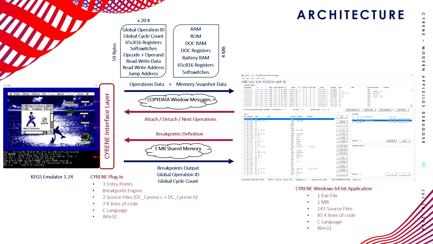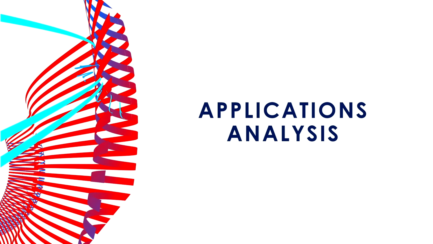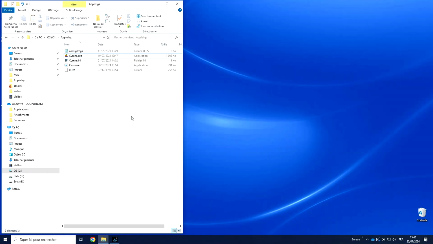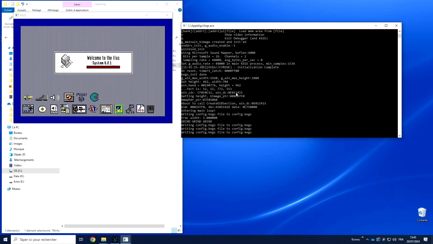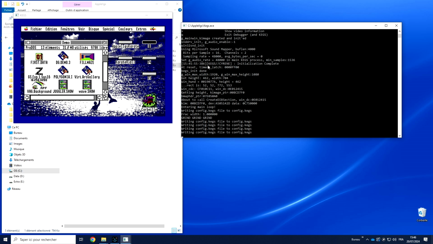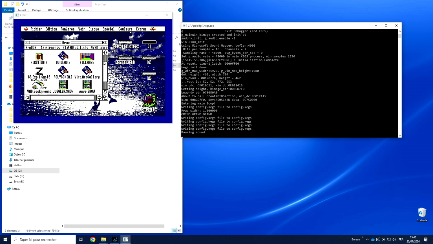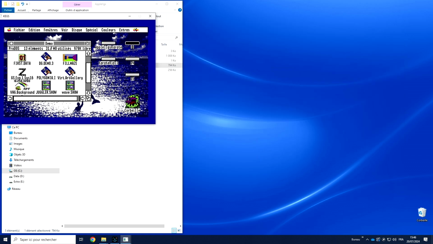So now let's see Siren in action, and the first thing will be to analyze a currently running application on the KEGS emulator. Okay, so here we find a standard KEGS installation on a Windows machine with its home file and the settings, and we also put Siren in the same folder. So starting KEGS won't be different from how we usually do it. The only little difference can be seen in the output window, where you can see the Siren integration and the Siren layer in KEGS saying, okay, initialization was okay. So we can start